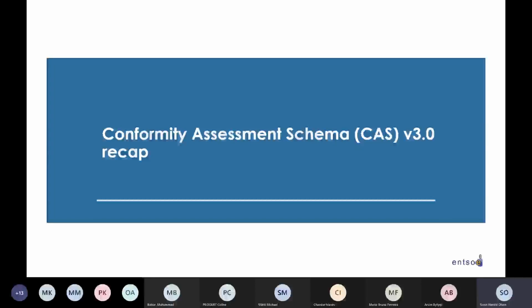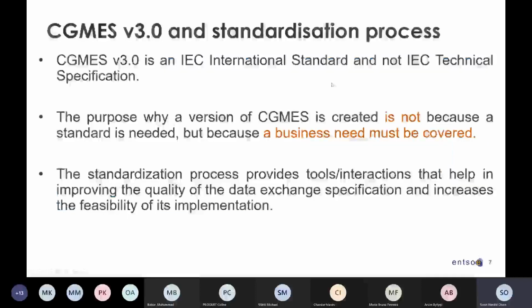First, I would like to start with a very quick recap of the conformity assessment schemes and the status of the CGMES standard. The key thing to acknowledge is that this is primarily a bug fix standard, not introducing that much new functionality.